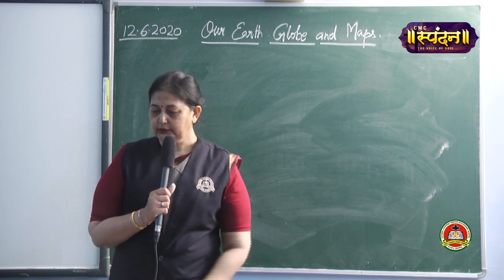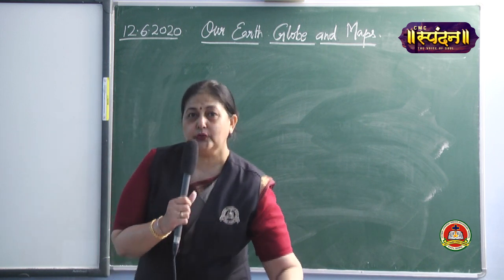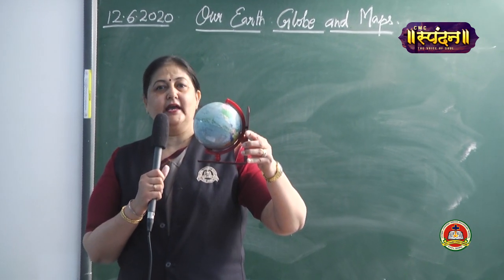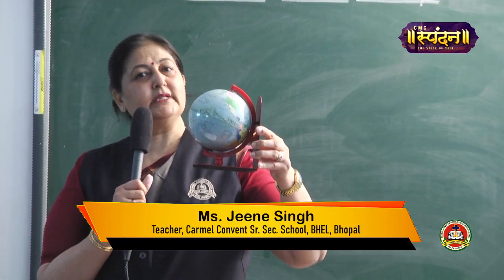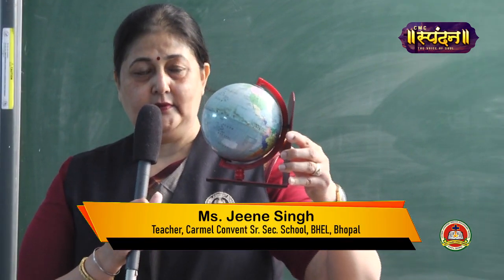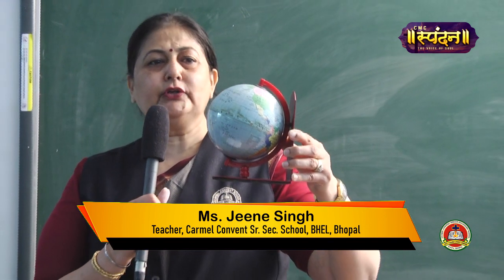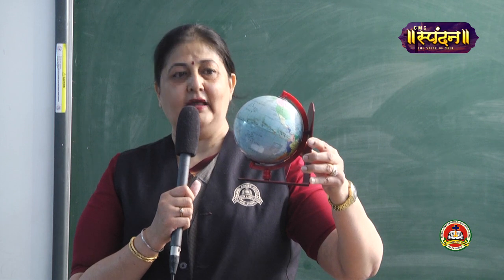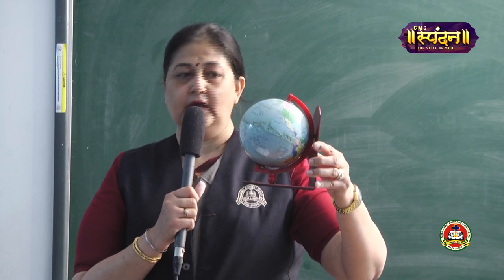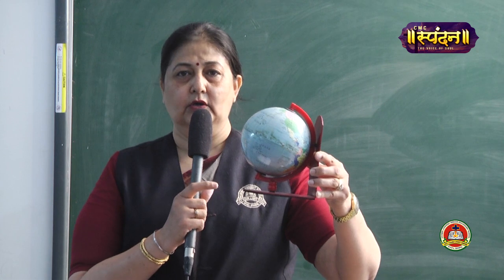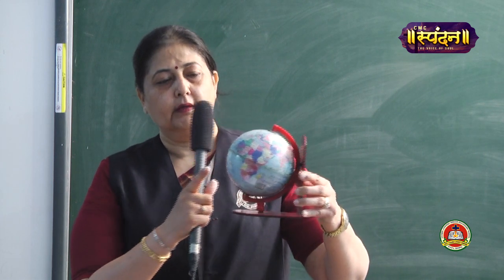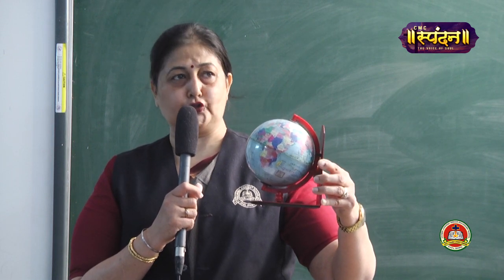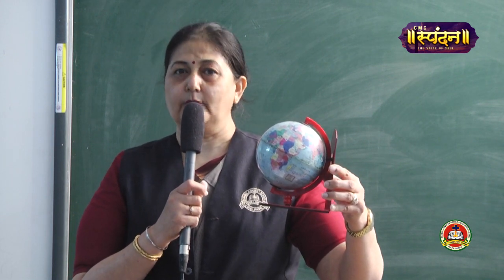Okay? Now children, as you know, and I had shown you, this is the model of the earth. This is called the globe. Okay? It is sphere in shape. Sphere means round in shape. Alright? Now children, two distinct features which you can see on the globe are land and water. Children, the colored part, the area that is colored is the land, and the blue portion on the globe are the water bodies.